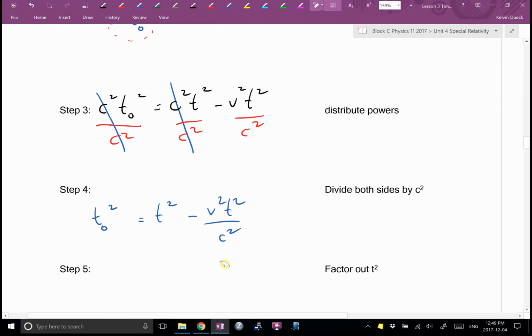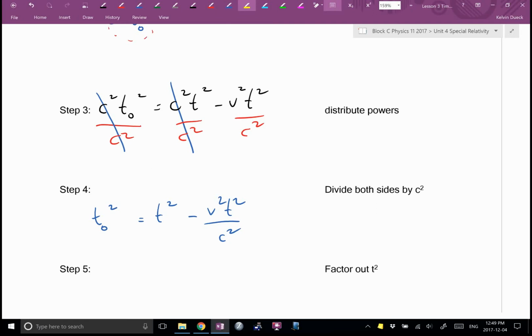So, see the right-hand side? This right-hand side has, don't write this down, 2 terms. Is there a t squared in this term? Is there a t squared in this term? Who remembers in Math 9, what did you call it when you had something that appeared in everything? It was 3 letters. When you were factoring and you had the same thing appearing in everything, what did you call that? Not greatest common denominator. Yeah, GCF, greatest common factor. I can factor out a GCF.